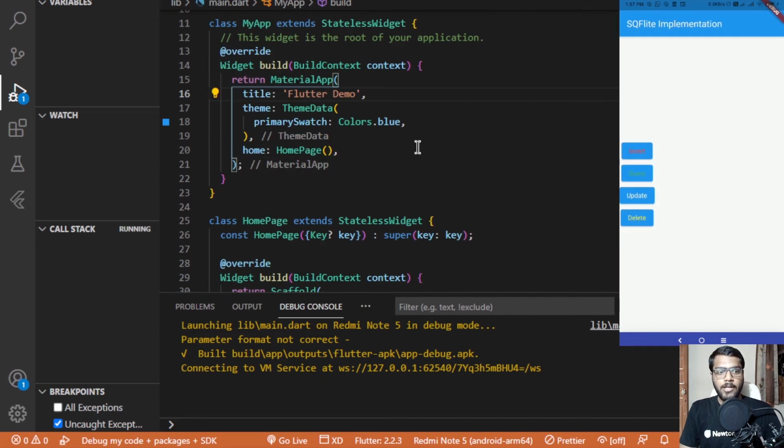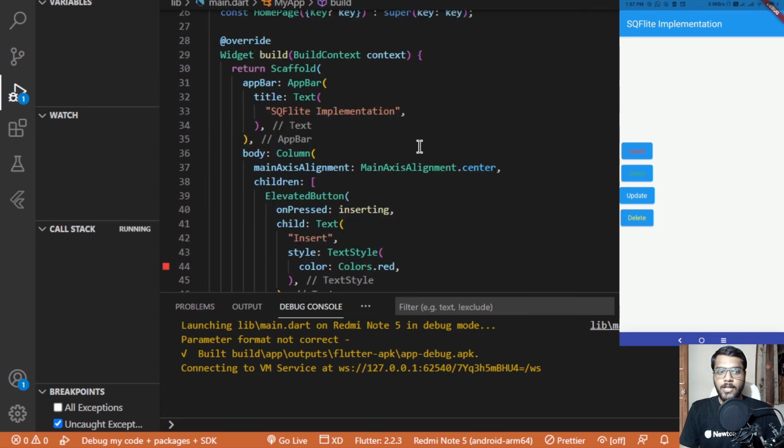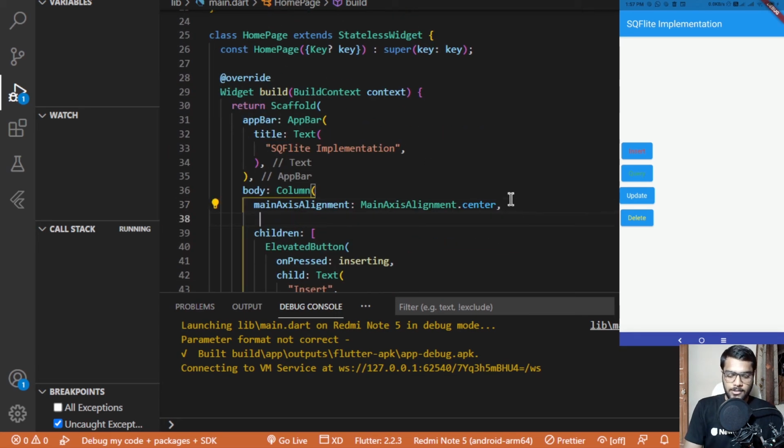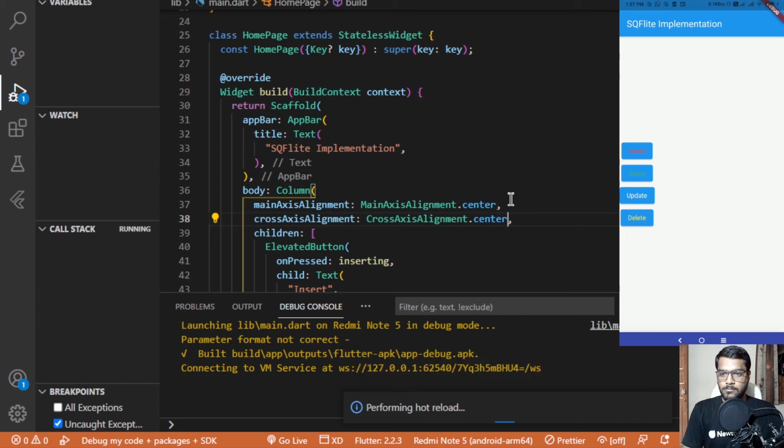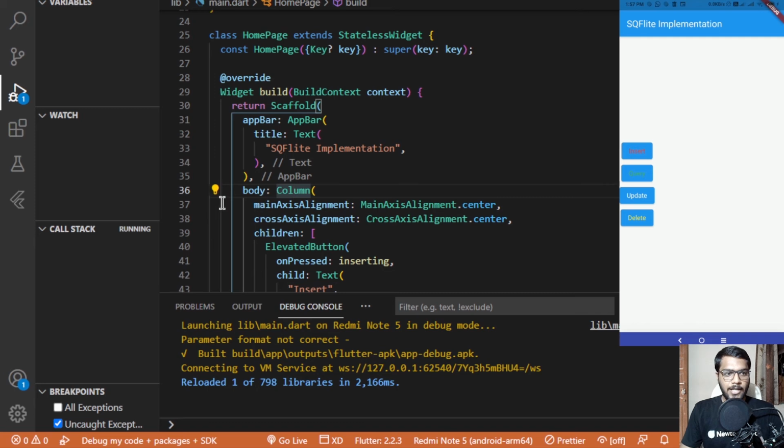and you can see over here the UI of the app is pretty simple. Let me add the cross-axis alignment as well and see if it is coming in the center. It is not coming in the center because we are not having the width assigned as full.